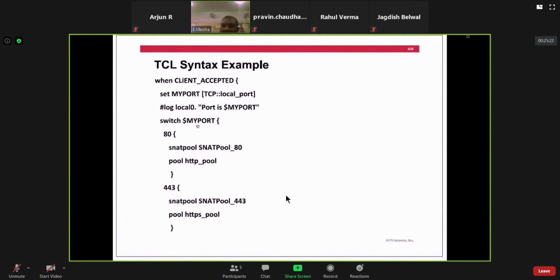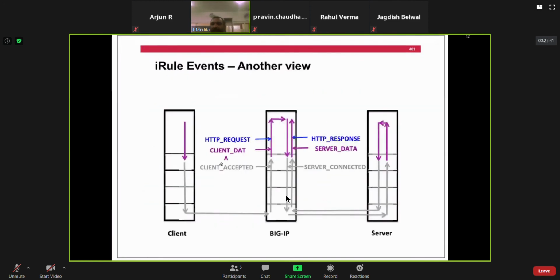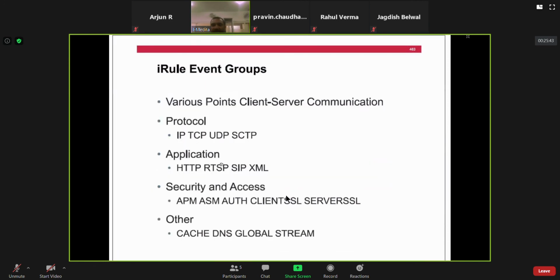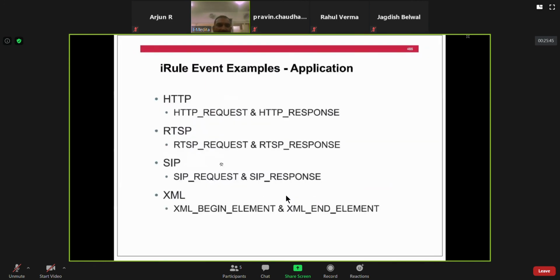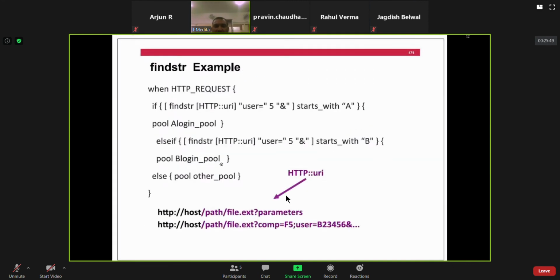And thereafter, the port should be switched to 80 and SNAT should be in place, and then the pool should be selected like this. And for 443, it should select this SNAT pool and this pool, right? So that's an example. I'll come back and explain what's happening there, right, guys? But before that, I want to make you understand the basics of iRules.